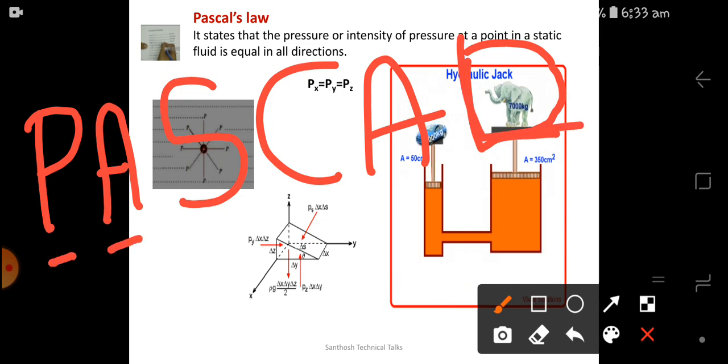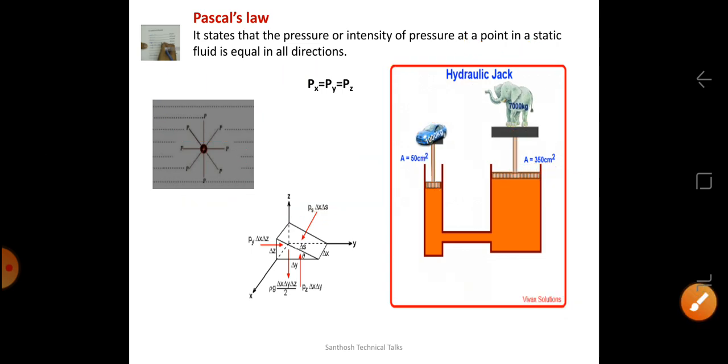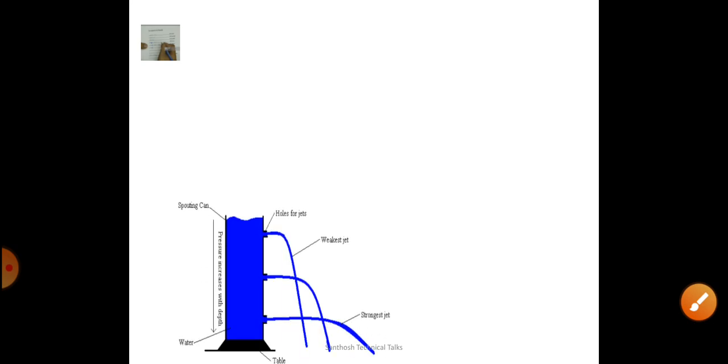Pascal's law: pressure applied in a static fluid is constant in all directions. So that is our remembrance. By means of Pascal's law itself, we can make the applications. Okay. Next is